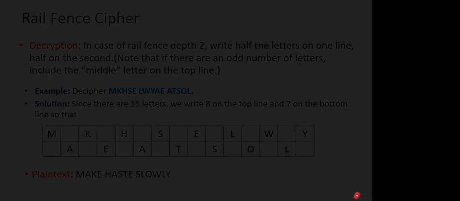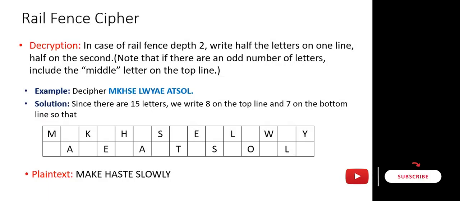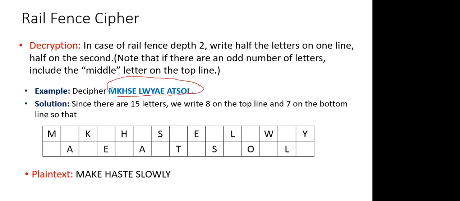Now look at this one. Now it is like reverse. Okay, now how do you decrypt it? So there is an example. Okay, we don't understand what it says, but we know it is a rail fence